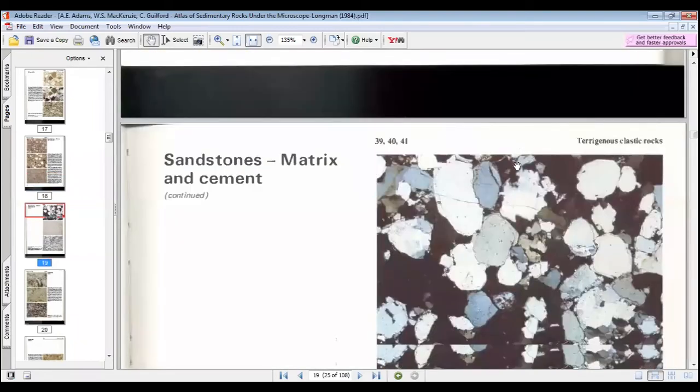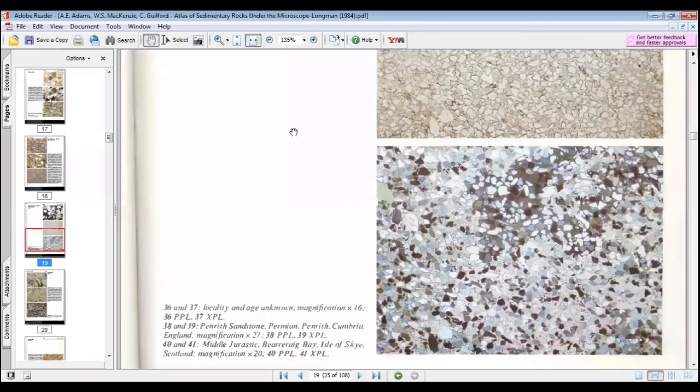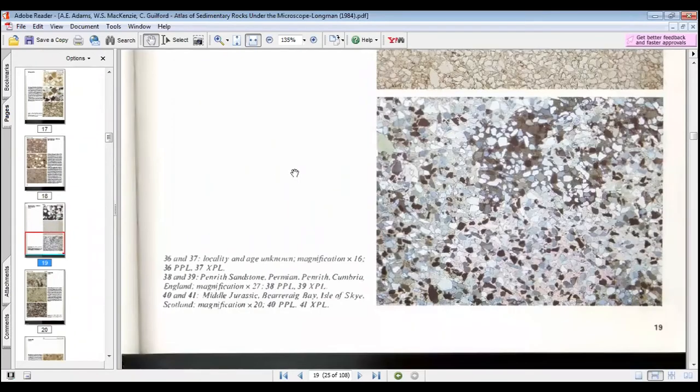And remember, we discussed a typical texture in which you have one grain and further different grains in it. We call that texture poikilotopic texture. So here you can see that this particular sandstone has cement, and that cement represents a poikilotopic texture. This calcite cement we can also call poikilotopic. Remember, poikilotopic is very easy to identify. All the cement seems to be in the background, and all other minerals seem to be embedded in that particular cement.